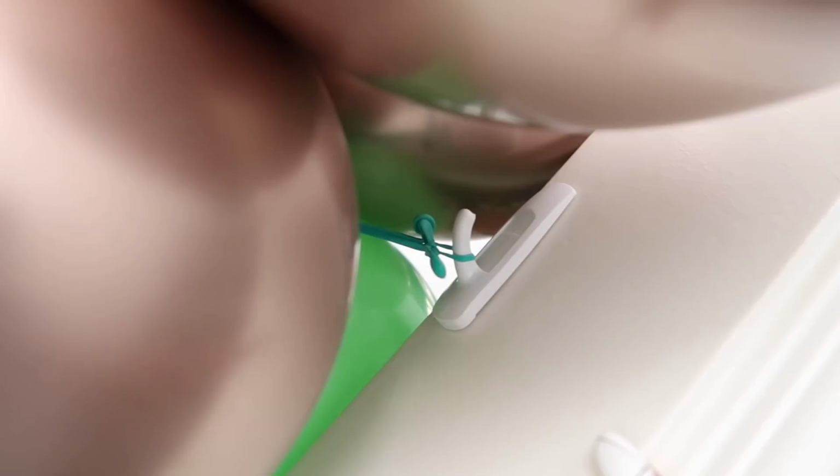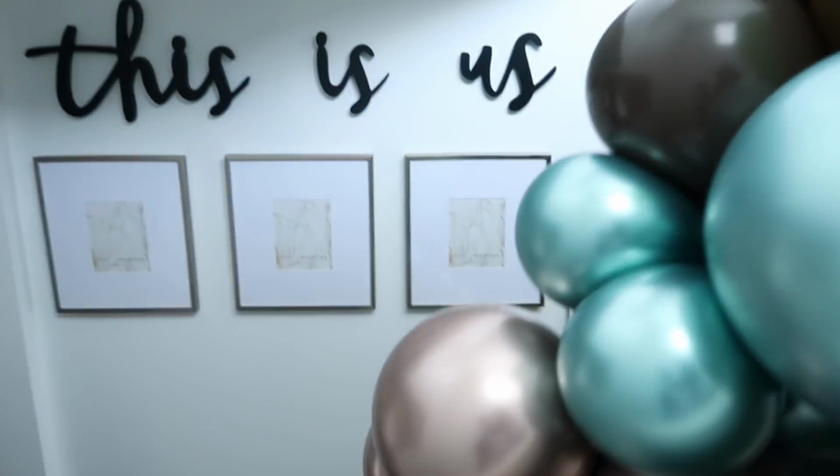And this is how the hook looks. I just place it on the steps, and you want to make sure that you point the command hook in the direction that the garland is going to pull, because if I had turned it the other way and the hook was going like this, it would slip off. So you need to make sure that you put it on there so that this is actually hooking onto the hook. And then I'm going to come around the front here,